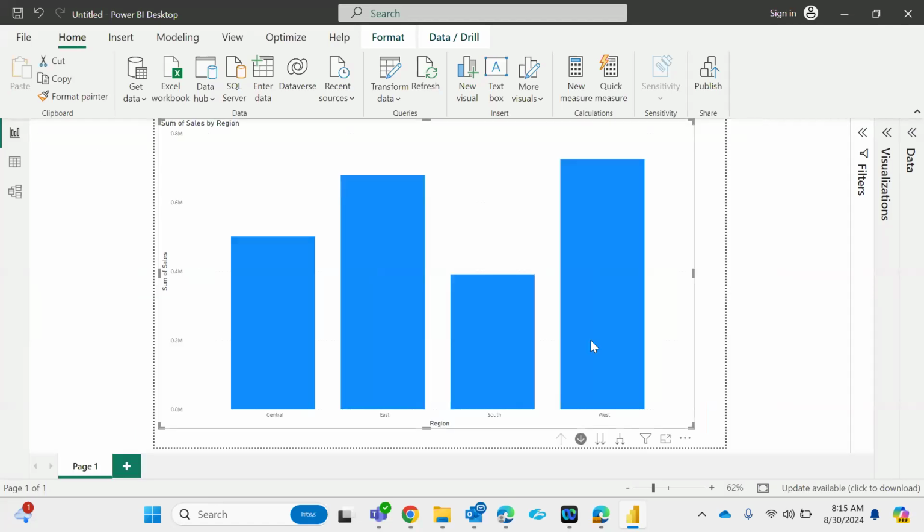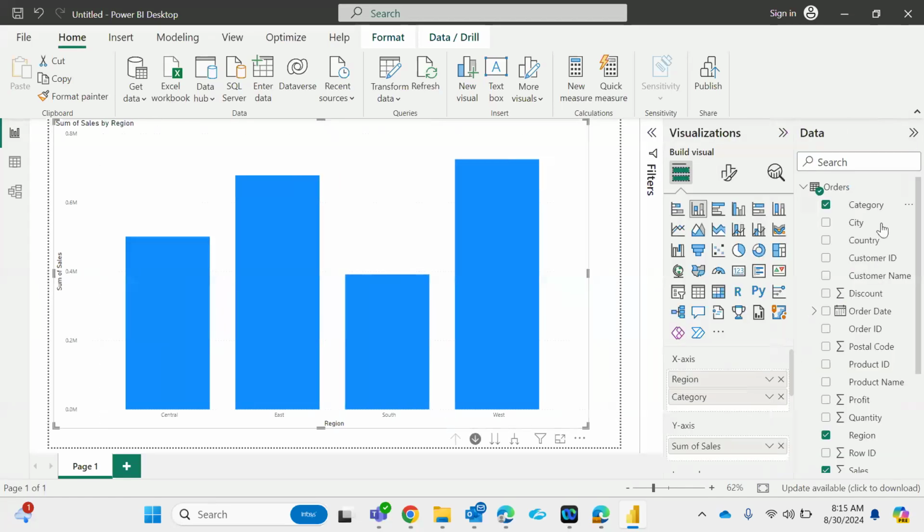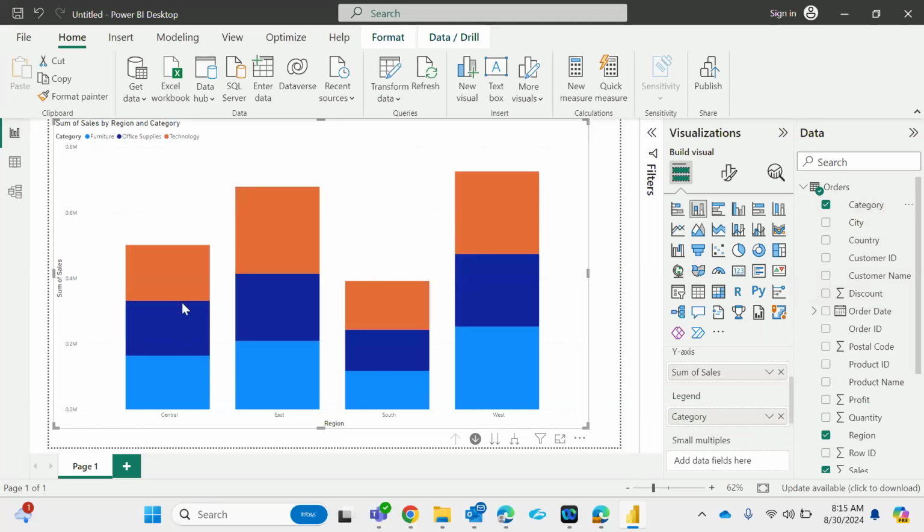Let me show you again. Back to the report in the visualization. Instead of this, I will make one more change in the legend. Let me add category in the legend. Now, if you're able to see, it is showing for each and every region what is the sales. Okay. What is the sales for furniture? What is the sales for office supplies and technology? Okay. Now, if I drill down,